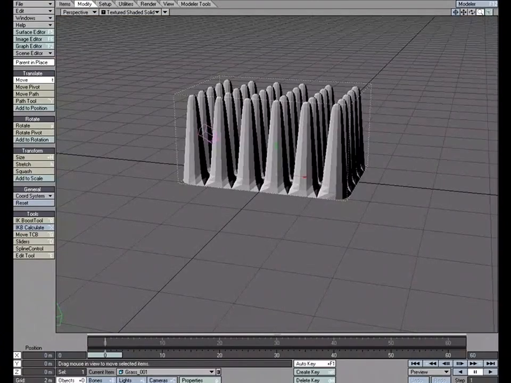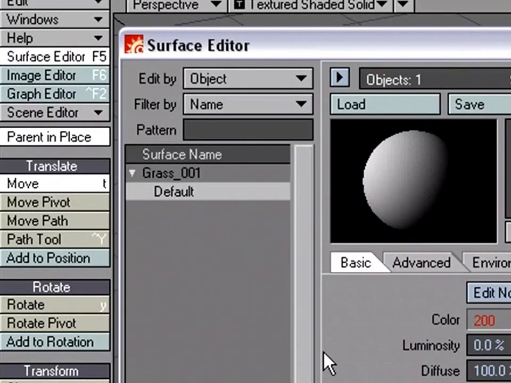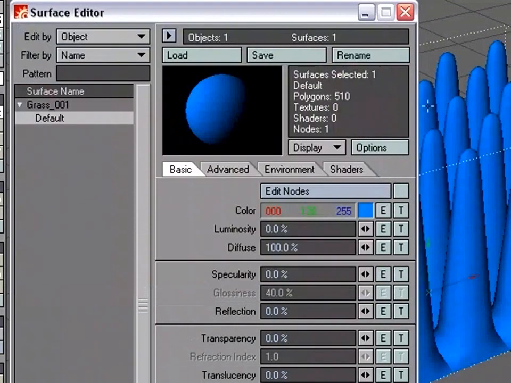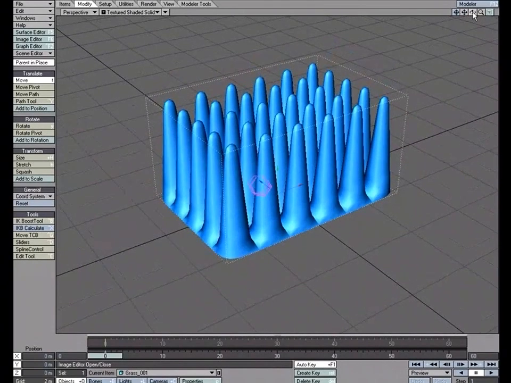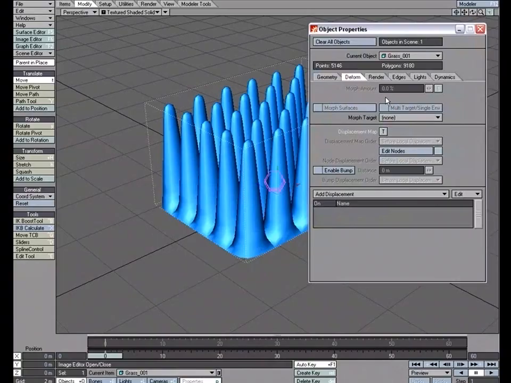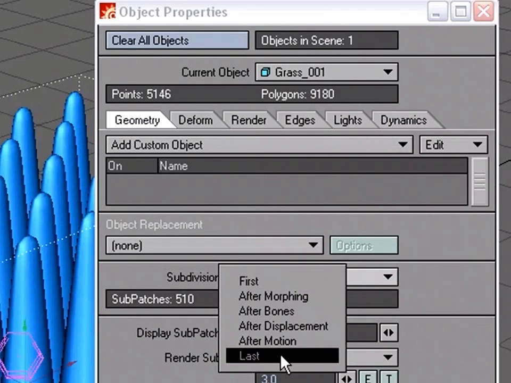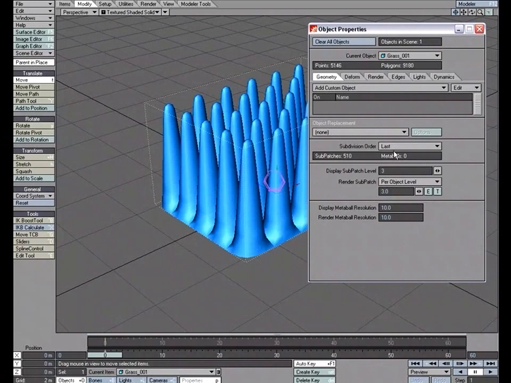Okay, so now I have my object in layout. Let's go ahead and turn smoothing on, surface editor, smoothing. Let's give it a color just for fun. Blue, that works. We'll throw a little bit of spec, drop the gloss, just to dress it up a little bit. Okay, so now that we have that, let's go to Object, Properties, and under the Geometry tab, let's set the subdivision order to last. Okay, and now what we're going to do is set up our displacement, but before we do,